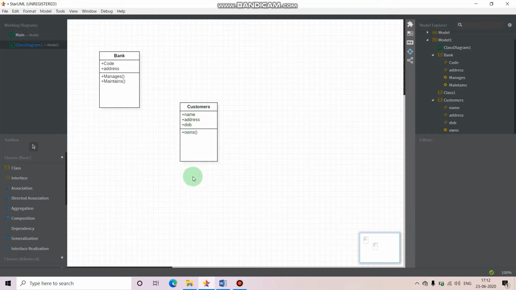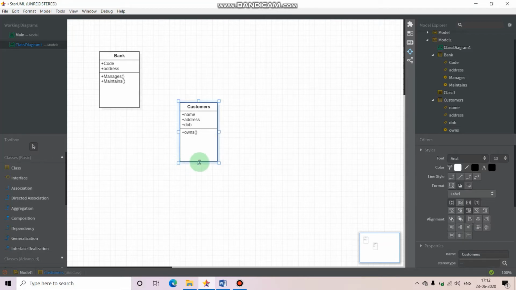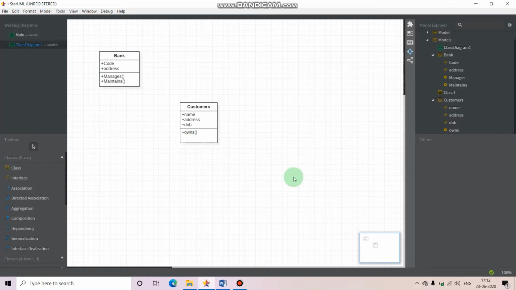You can resize these elements, guys. See, like this. Then I'll create one entity for account.